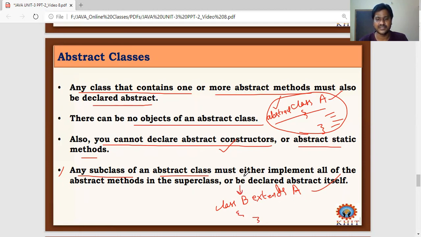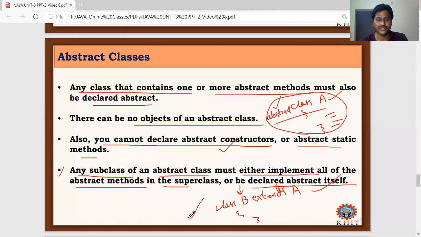And this subclass must either implement all of the abstract methods, not all methods. The class may contain abstract methods, public methods, general methods. But the subclass must either implement all of the abstract methods in the superclass or be declared abstract itself. That means this subclass may also be declared abstract.